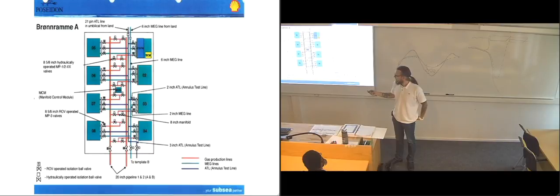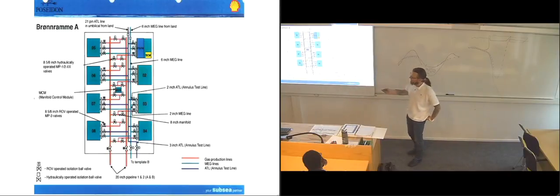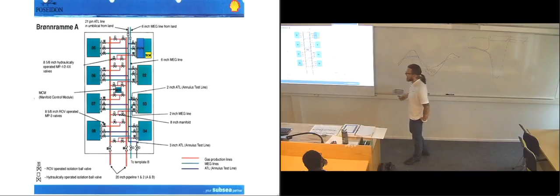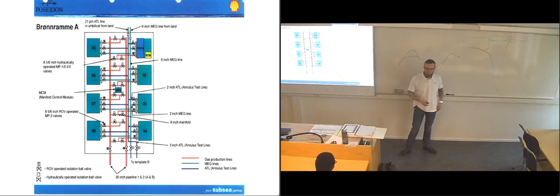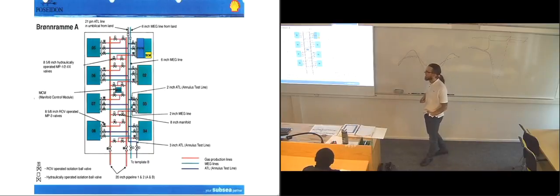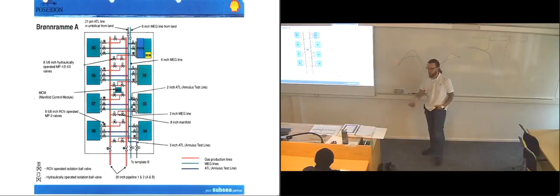It says here that some are hydraulically operated. The ROV ones, the hydraulically operated ones, can usually be manually overridden by an ROV. But there might be some that are completely hidden inside the system where the ROV can't reach it, so there won't be any point in having this override in them. But I think most of them here can be reached by an ROV, so that it has the possibility of